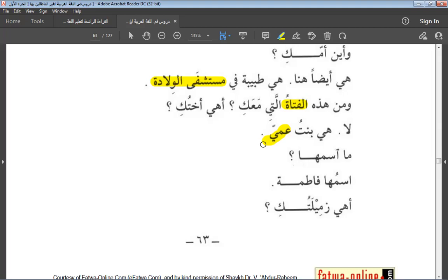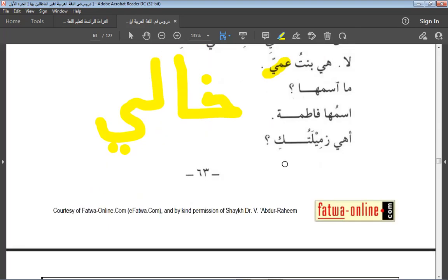That is paternal uncle. My mother's brother is Khali, my maternal uncle. Ammi is my paternal uncle, my father's brother. Like we say, Amma Rasulullah sallallahu alaihi wasallam, the Prophet's uncle, that is from his father's brothers. Okay. Masmuha, what's her name?